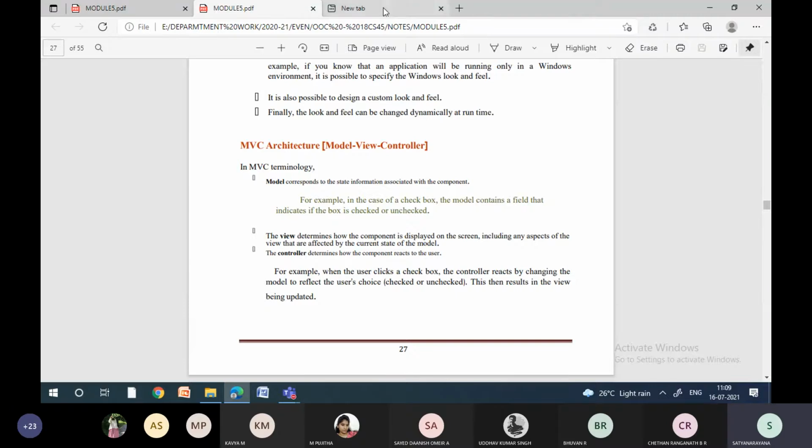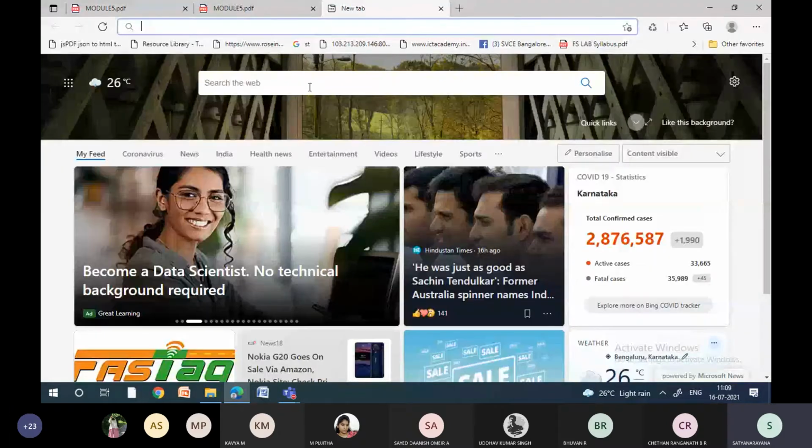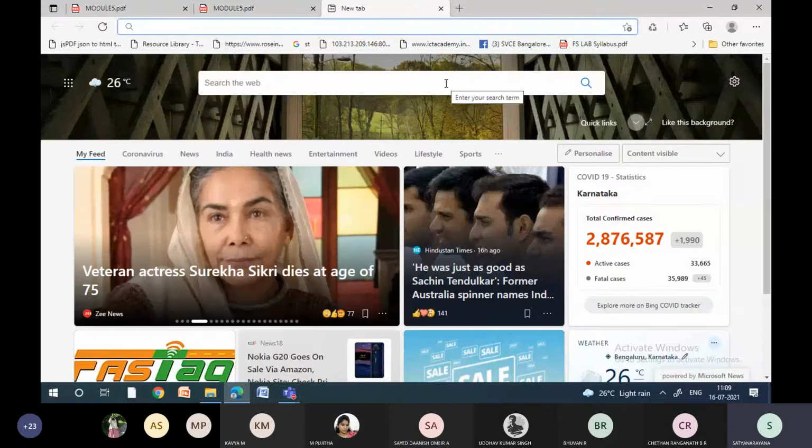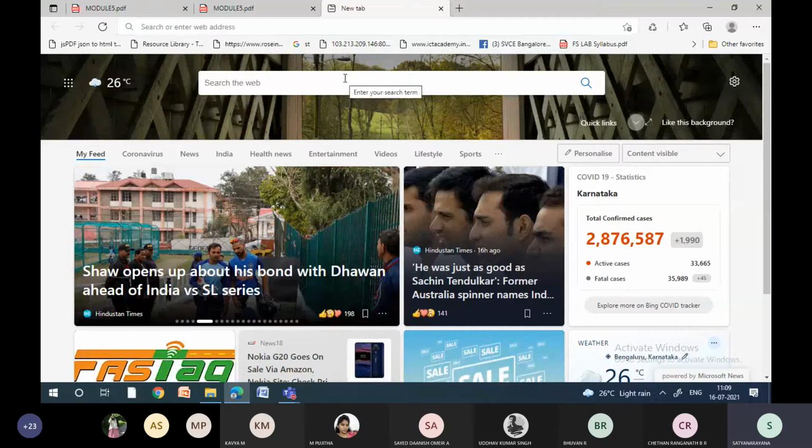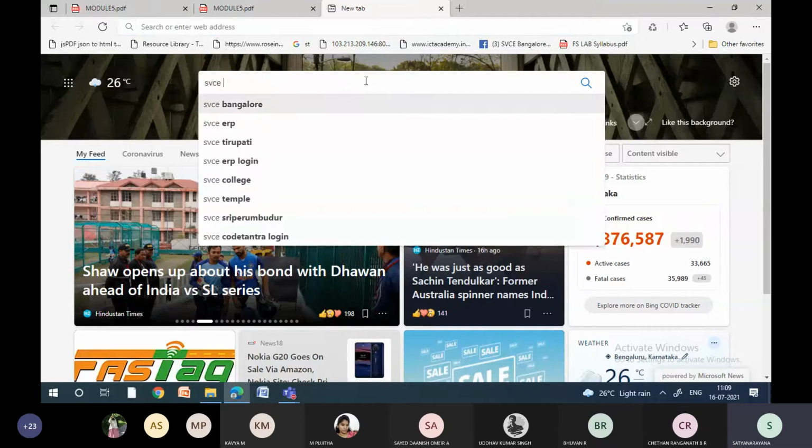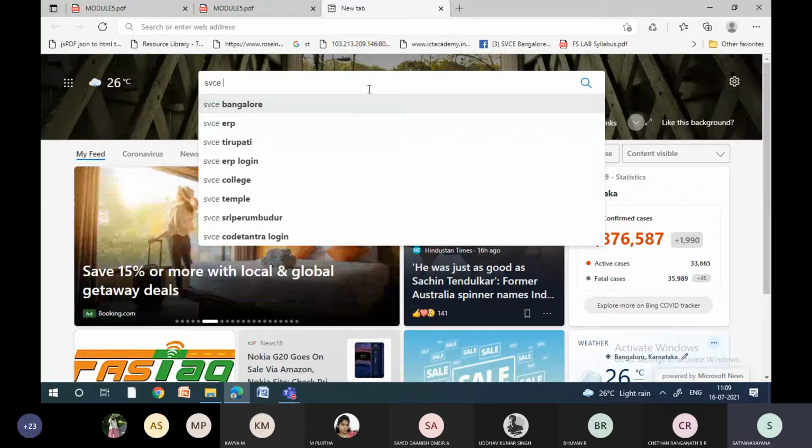Let me show you with an example so that you can understand. Let us say this search bar is a component. What is meant by model? If I type something here, whether it is responding or not, whether it is receiving the input or not, that is the model.